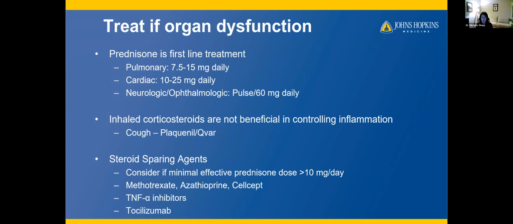And this is kind of an overview. And again, this is a lot of information, but I wanted to give you the fact that there's a different range depending on the organ. And the number one rule that we use in our practice is that we treat if there's organ dysfunction and symptoms. We do, of course, take into account symptoms, but the main thing is we're trying to avoid the scarring of the lungs, the heart, the brain.